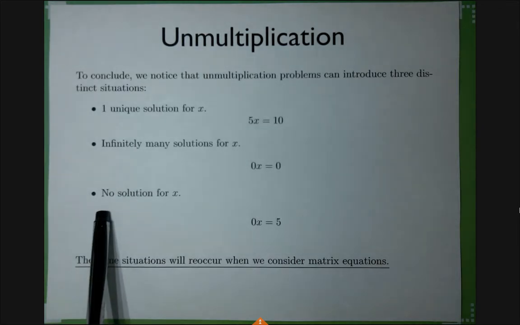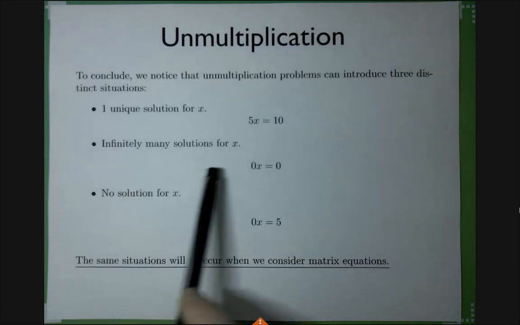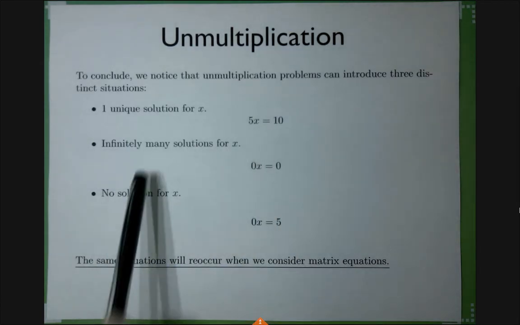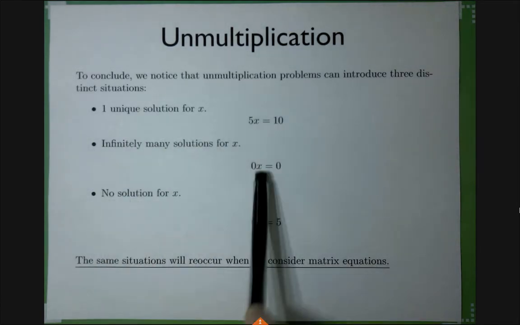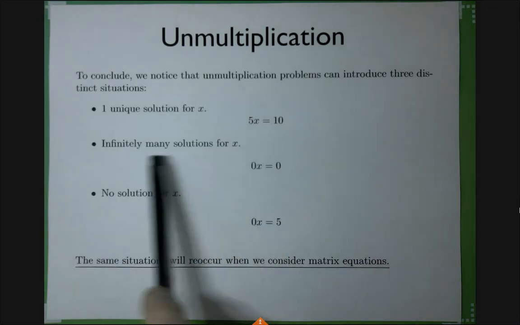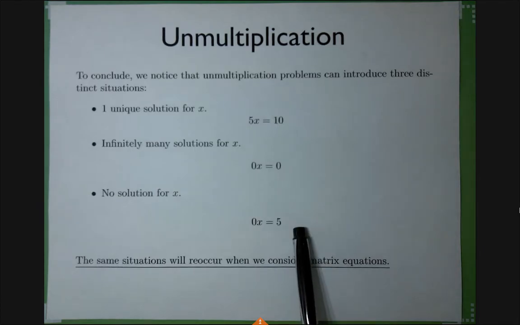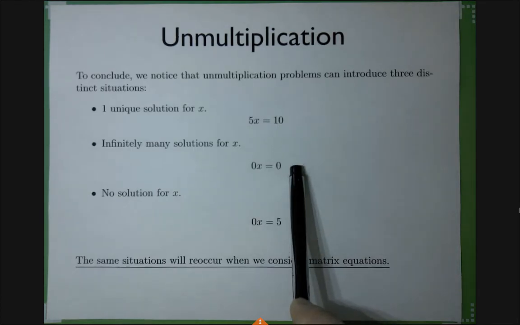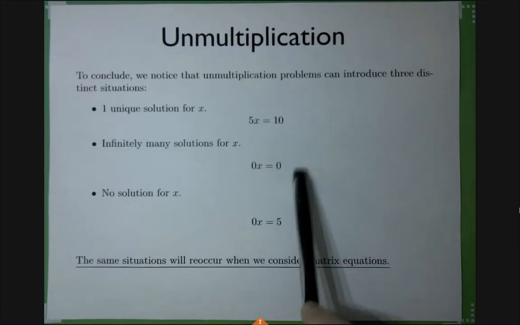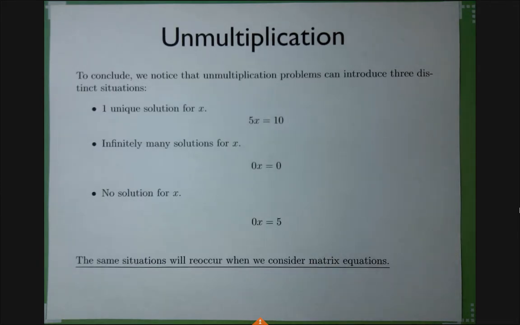Okay? And how do you detect them? Well, the weird case is if there is 0, right? And in that case, there will be either infinitely many or no solutions, and that depends on the right-hand side, right? If the right-hand side is good, we'll have infinitely many. If the right-hand side is bad, we will have no solution.